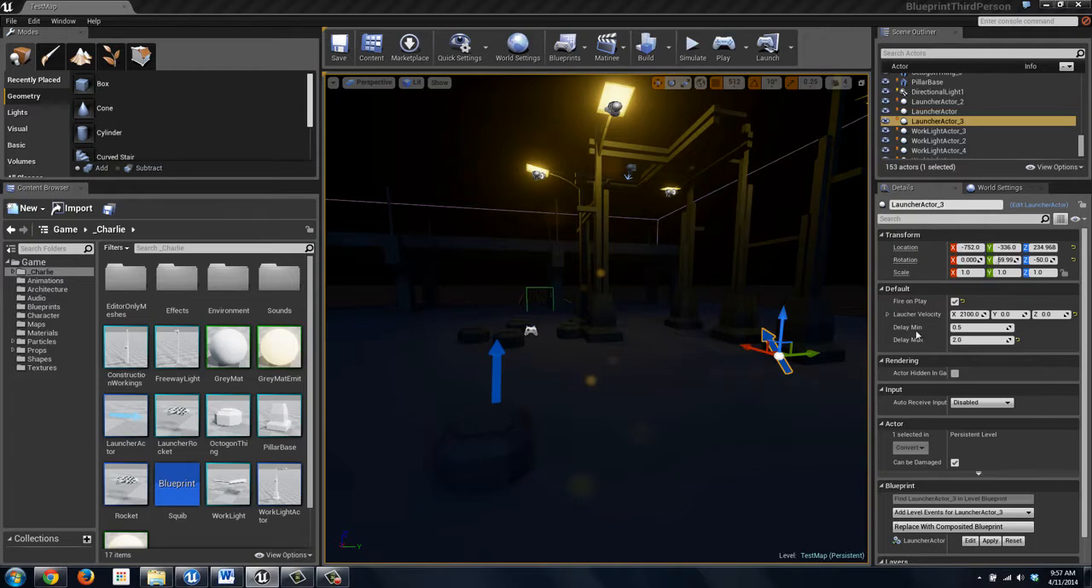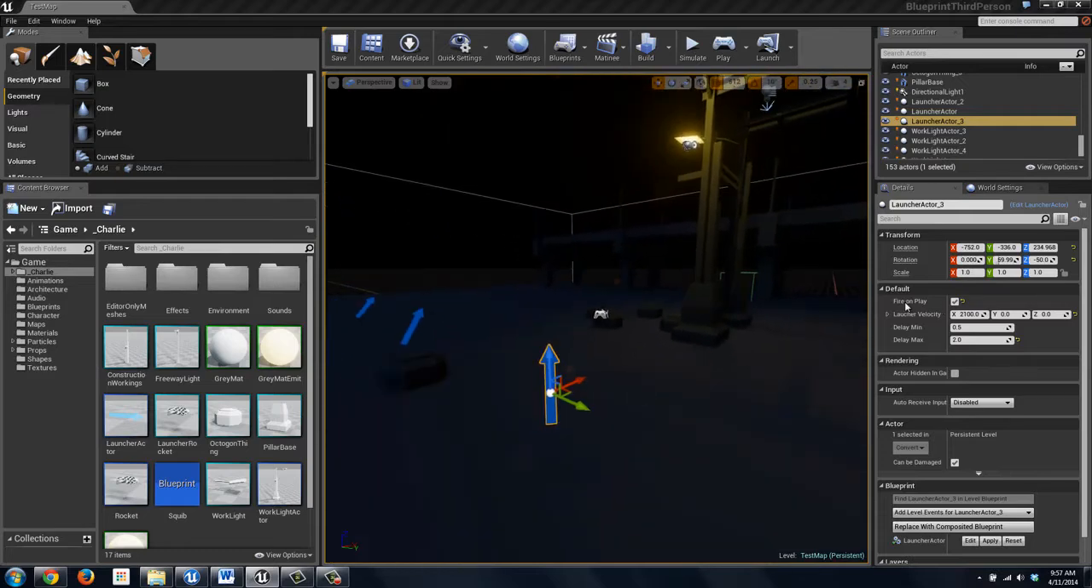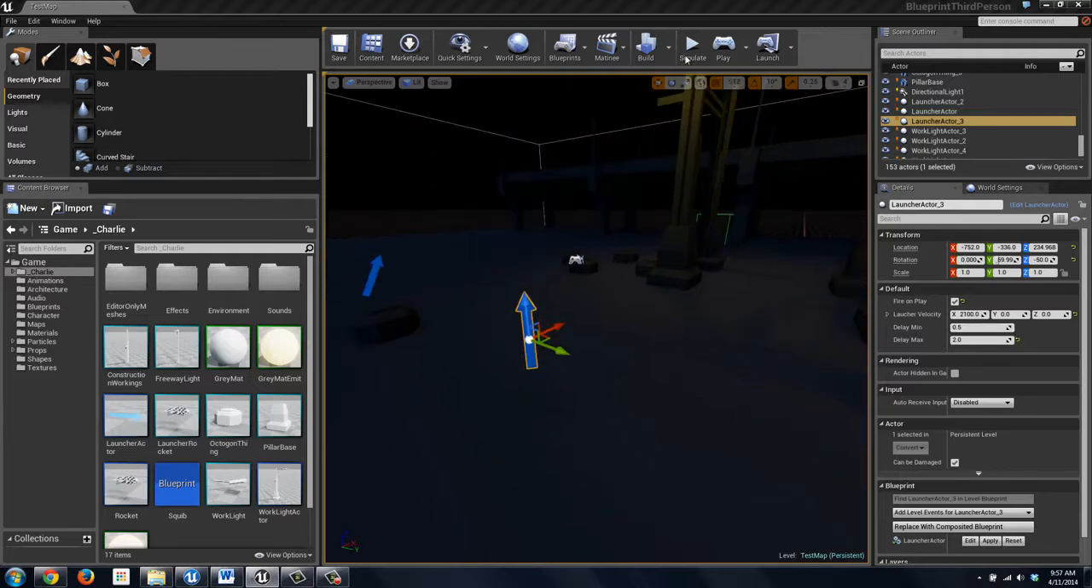And so you can see over here I have some variables that I've exposed. So fire on play. So basically when we're playing the game, it's going to fire. It's going to shoot the launcher velocity along the x-axis at 2100 velocities, and then I have delays between them. So to see it in game,